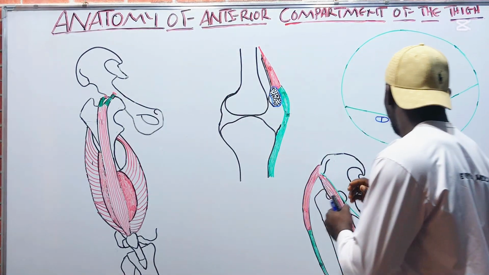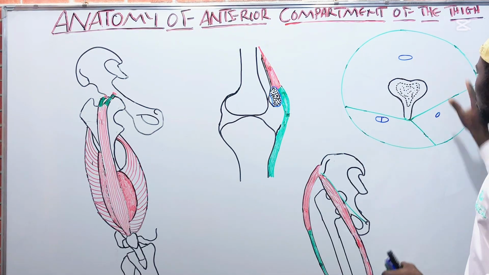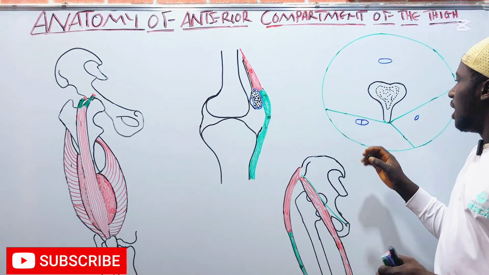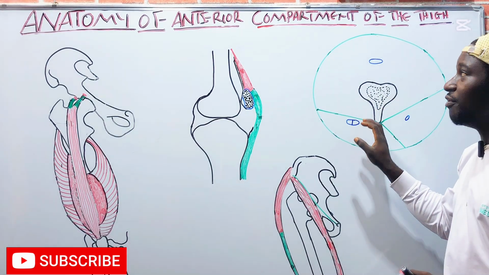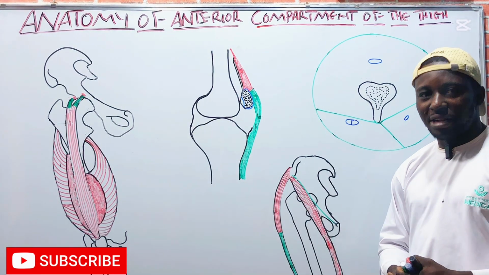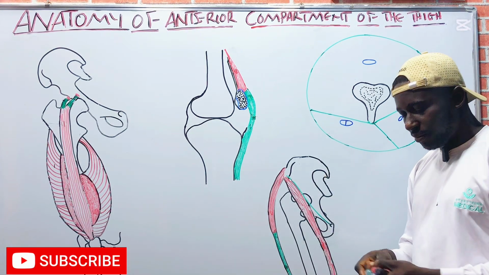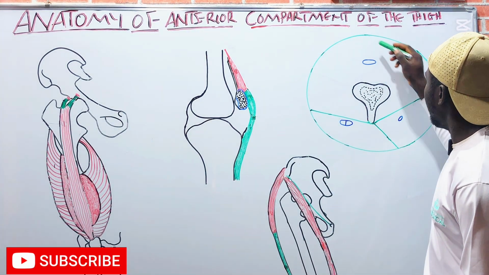This diagram here will give us a clearer view on how the thigh is being compartmentalized. I'm going to be discussing how the thigh is compartmentalized before talking about the anterior compartment of the thigh region, which is where this class is going to be centered. As you can see in this diagram,